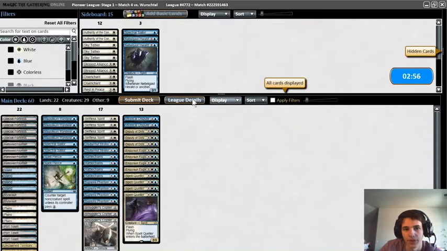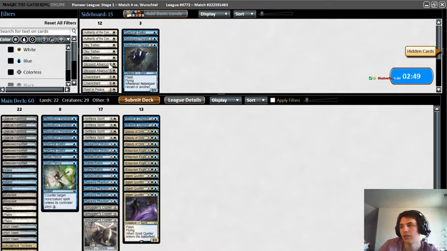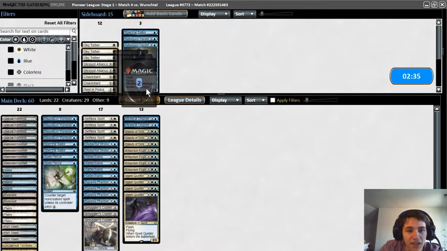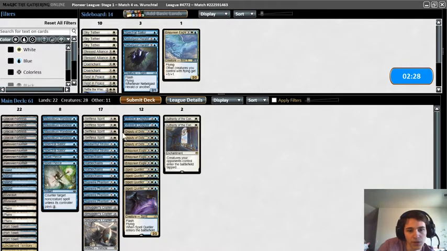I think I played a little bit too slow that match. Okay, so we're up against a Healy combo. What do I have against the Healy combo? Authority of the Councils. Actually... yeah, that actually stops the combo. Okay, I like that card. What do I cut for it, though? Cut one Empyrean Eagle. And... let's cut a...